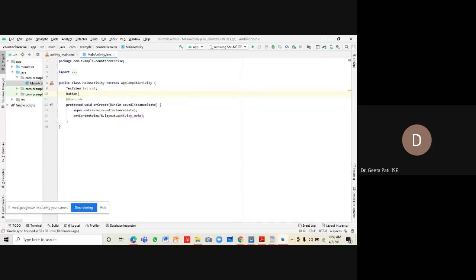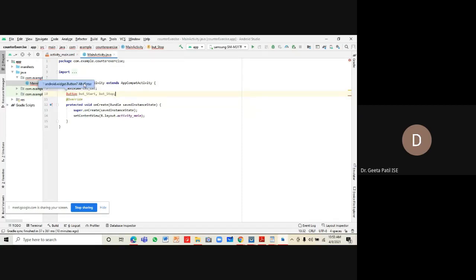We will create button underscore start, which should be linked to the button in XML. Sorry, the names of the buttons are button start and button stop, sorry for the naming convention. So this is created.